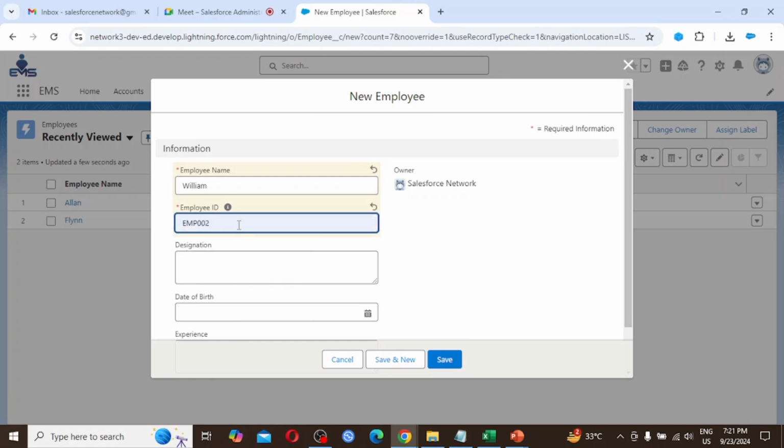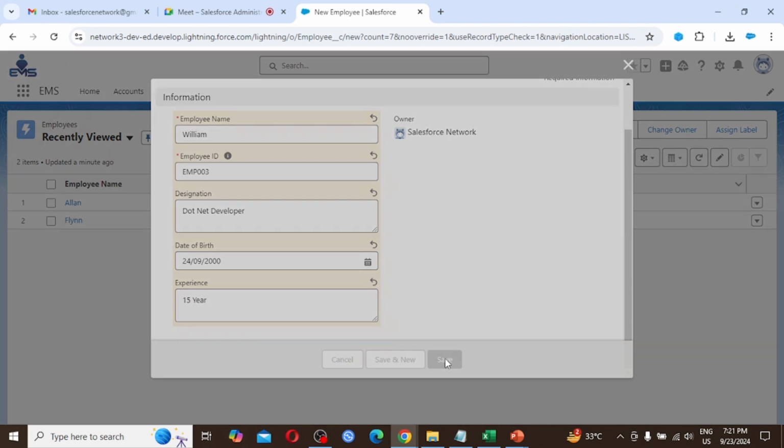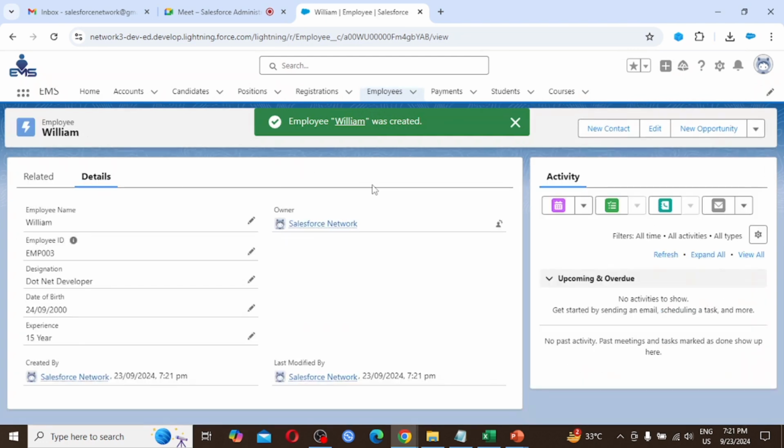and here we are going to provide the name, ID, designation like .NET developer, some date of birth, experience having 15 years of experience, and clicking on the save button. So we have created an employee record, and I am going to create one more record